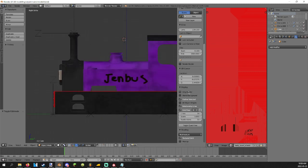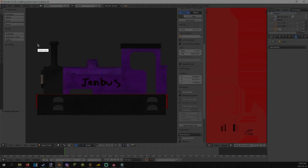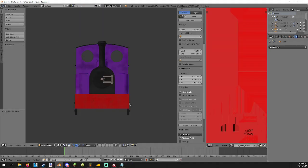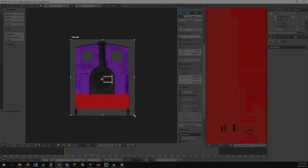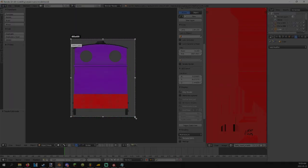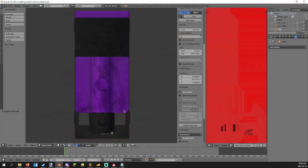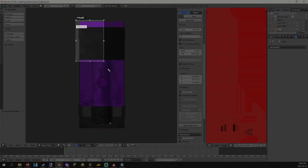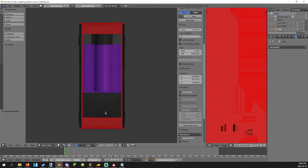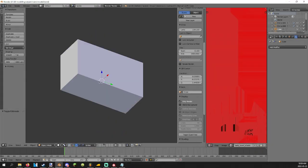What we gotta do, this might sound silly to you guys, but what we gotta do is take screenshots of the side, front, back, and bottom. Seems silly. That's because it is, but it has to be done. Top. And bottom. Then what we gotta do is